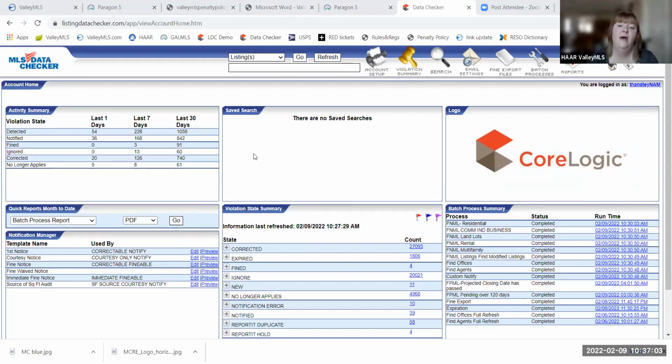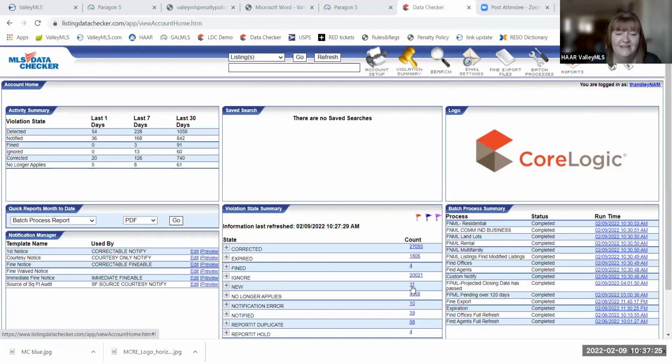So if it is automatically caught, it goes into what's called my new bucket. You can see right now I have 11 that the system is waiting on me to process. I actually have to look with my eyes and process those through. It's also catching past projected closing date, which it's not asking me to look at, because we have actually fully automated that one, thank goodness. And we'll get to why that's a thank goodness in a second.